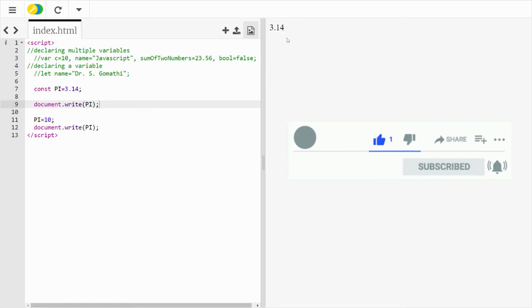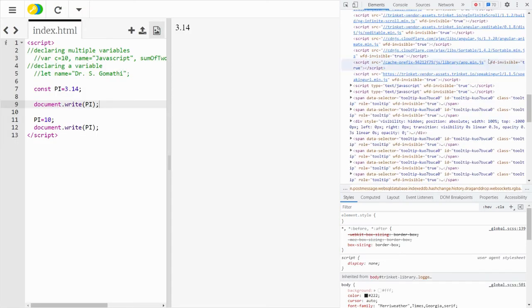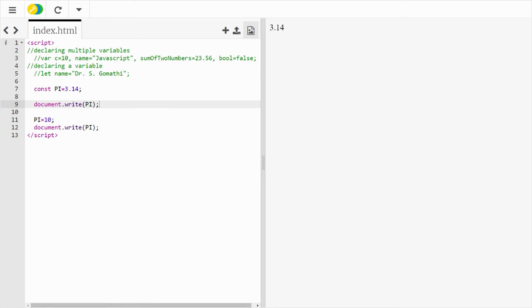Now actually if you use your web browser, it will show some error. Here you can see that it is showing an error in this document. Since we are using an online editor, it is not showing anything here explicitly, but if you use your web browser, it will definitely show you an error. This is not possible because you are trying to change the constant. So this is about the variables: what are the types of variables you can declare and how you are declaring a variable.